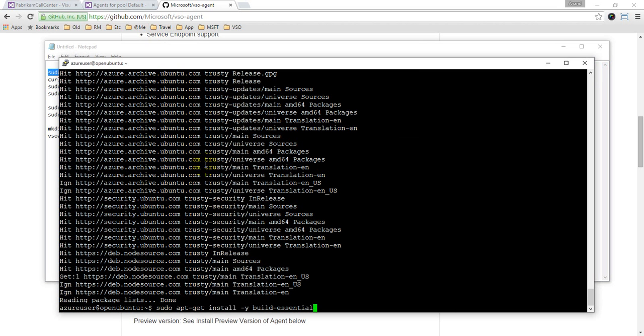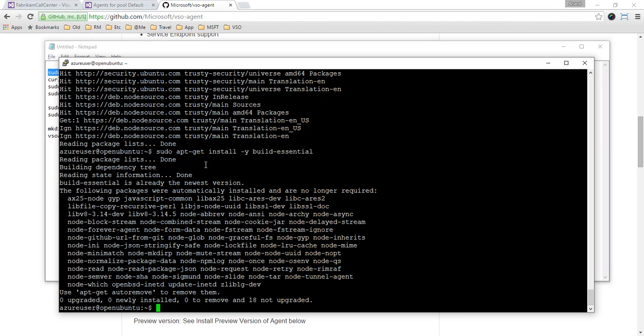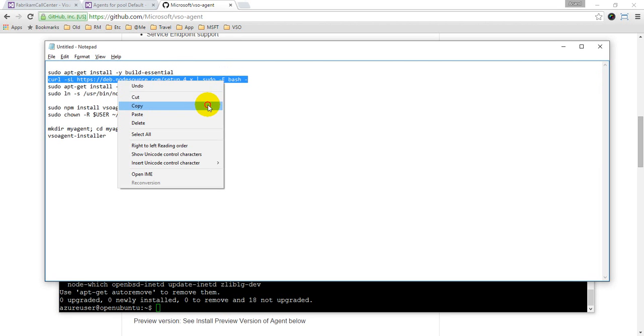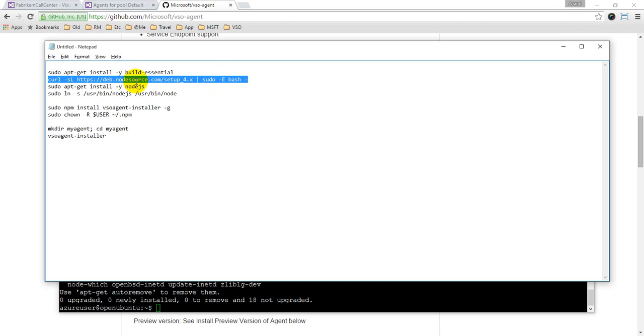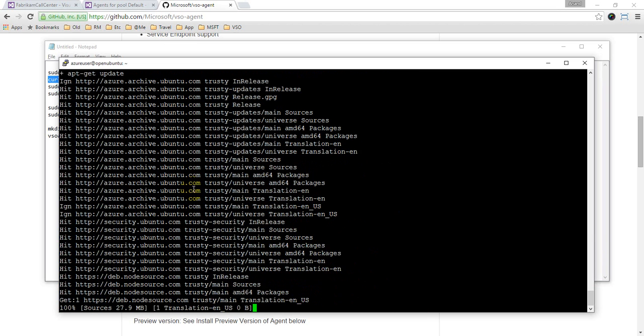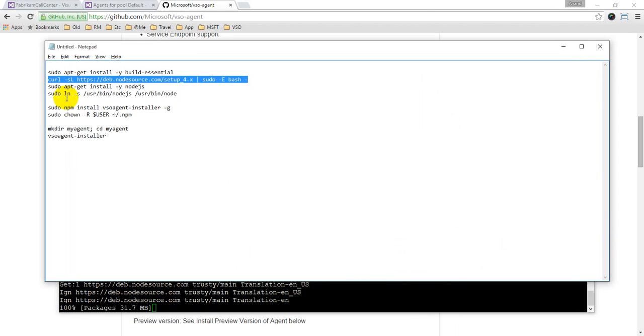So I'll do the build essential. I have already run this, so most of the time you will not see much happening here. But if you have not run it before, it will go ahead and install all this required software. So the second thing that we are running is to get the sources for node. This will just get and register this with apt-get,